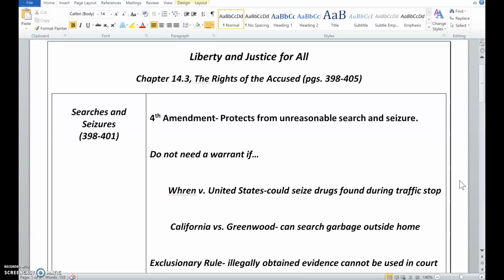This chapter is called Liberty and Justice for All. And this section is called The Rights of the Accused. So it highlights 3 of our amendments that we have talked about before from the Bill of Rights. So these are all familiar. This is review, but we're going to go a little more in depth here and talk about some court cases and how they decide in the court cases and how that affects you or someone you would know who's accused of a crime.